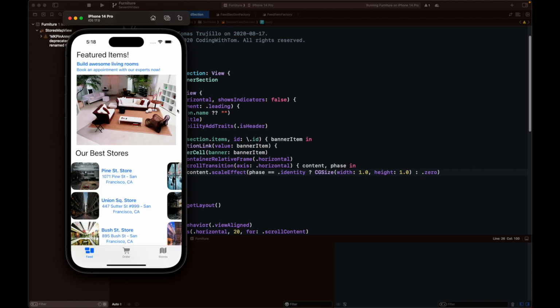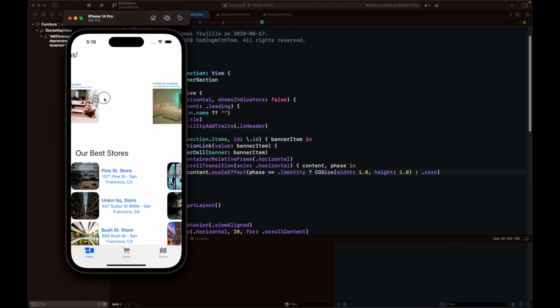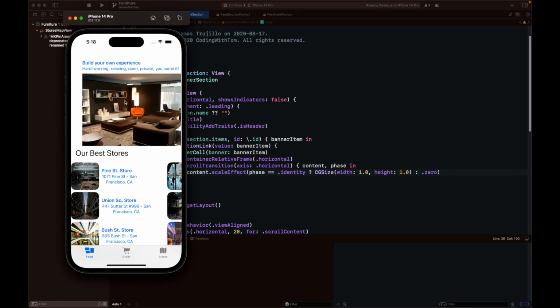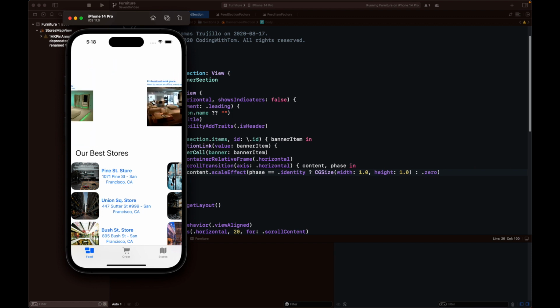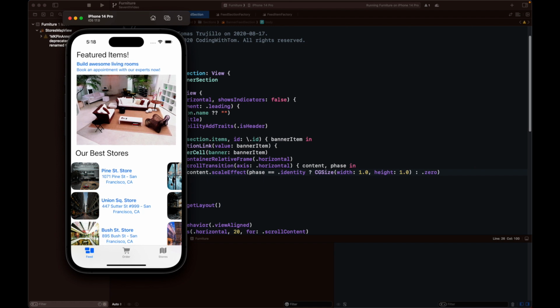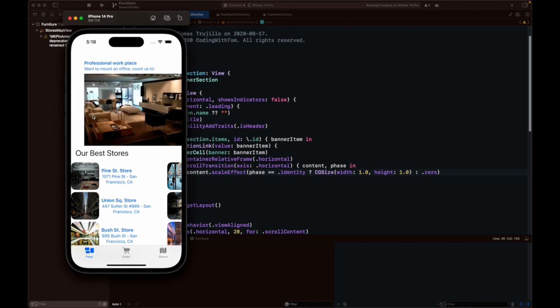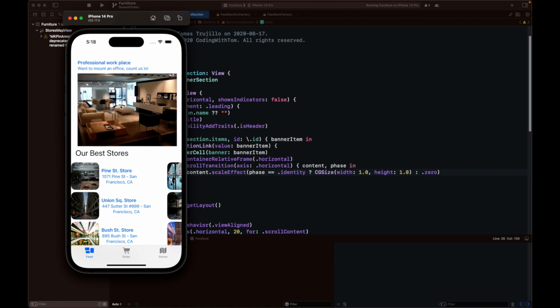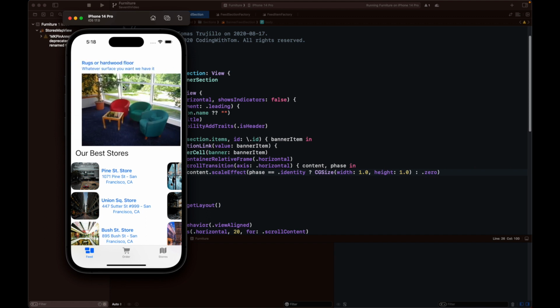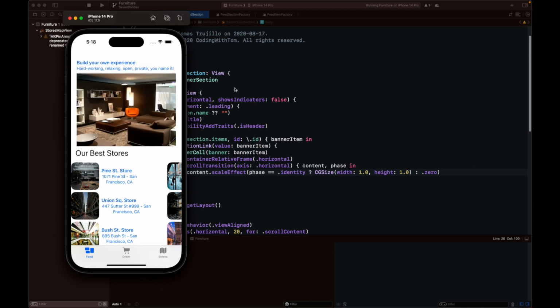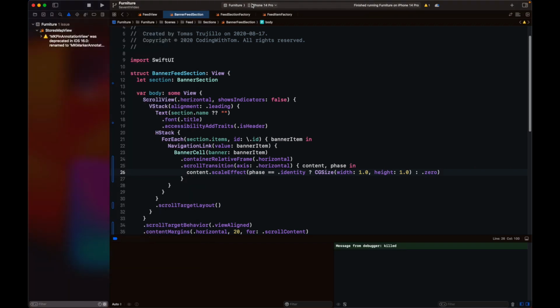Notice we no longer see the view here on the right, and that's because, let's start scrolling. As we scroll out of focus, the view starts to shrink down, and as it comes in, it starts to scale up. Now we have this cool effect without us having to implement geometry effect and having to check on where the offset of the subview is inside of the scroll view, which is what I did previously. Much better. Now let's check on iPad how this looks